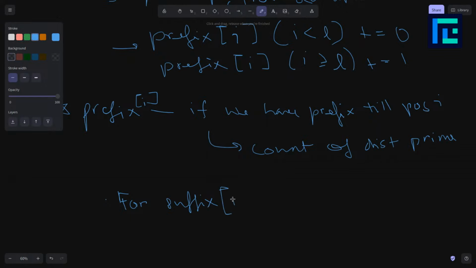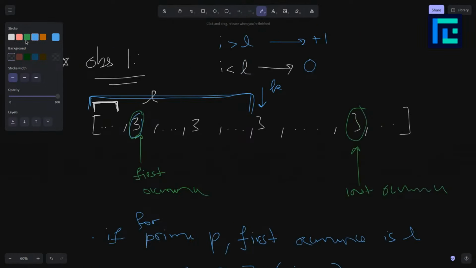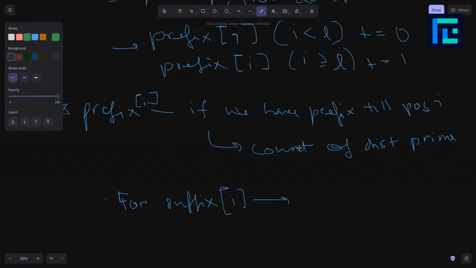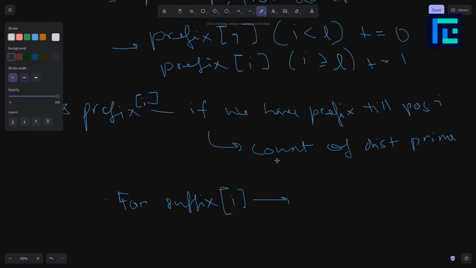for suffix of I, we just need to check, let's call this last occurrence value R. So for a given prime, the last occurrence value of that prime is R. For a suffix of I, every position I which is greater than R, then the suffix is added with 0. Otherwise, if I is less than or equal to R, then the suffix will be added with a value of